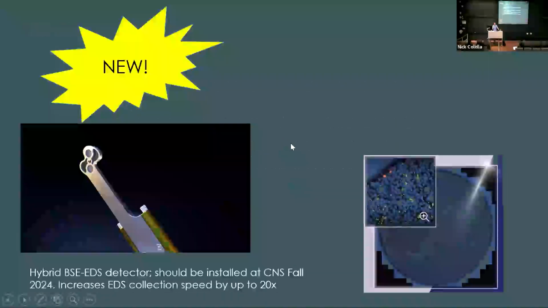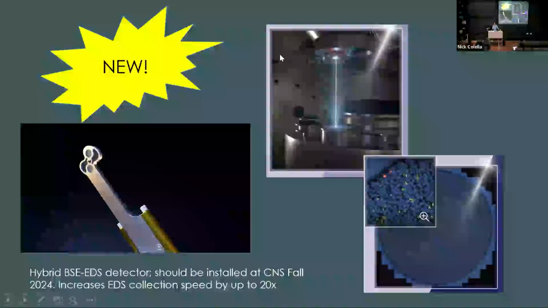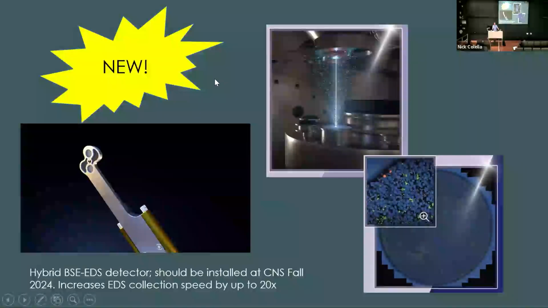would be helpful because it sits above the sample, right? And so the solid angle is much better and you're not dealing with any of that angular specificity of being only on one side. The downside to that is that this detector has an energy filter, so it's not sensitive below sodium. So if you're mapping anything below sodium, it's going to revert to using conventional EDS for that anyway. So no, I don't have a great answer for you other than minimizing the topography as much as I can.